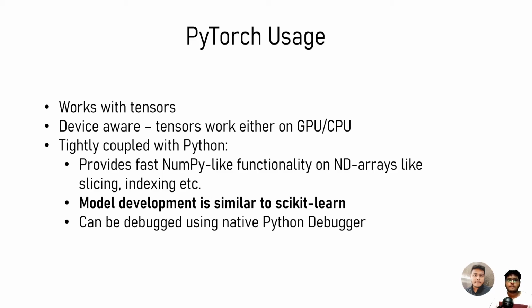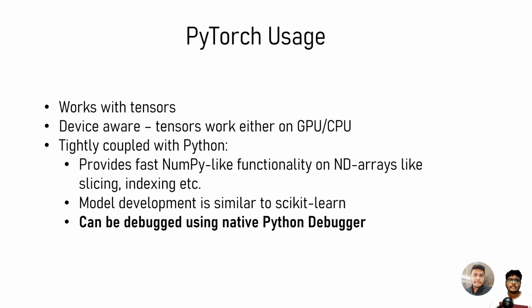And once you do that, then the model development, the way you train the different PyTorch models and all those things, will pretty much seem like scikit-learn. So what do you do in scikit-learn? You import a specific library, then you feed in the train data, test data and all these things, and you pretty much get the trained model which you can use for predictions. And PyTorch will also seem similar to that, because there are no additional steps and so on. You just create the model, you train it, and you have the model. It's like that.